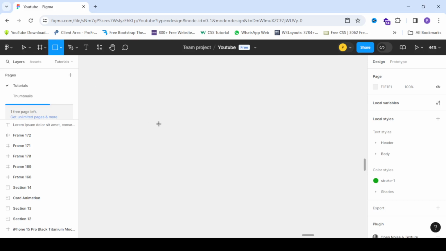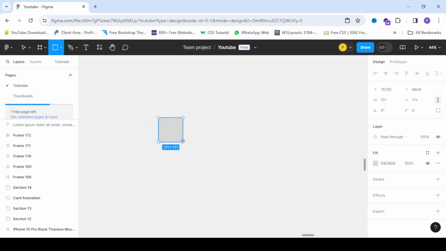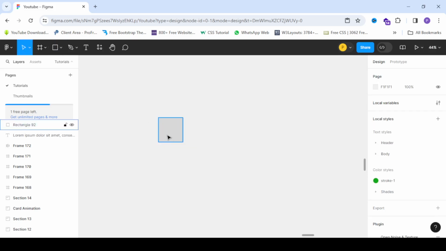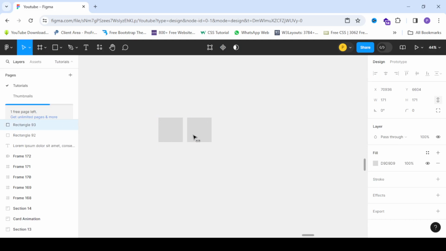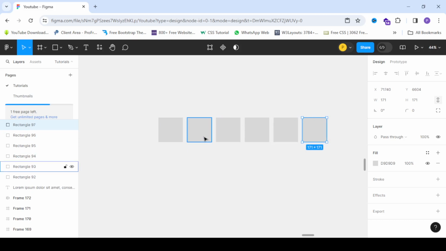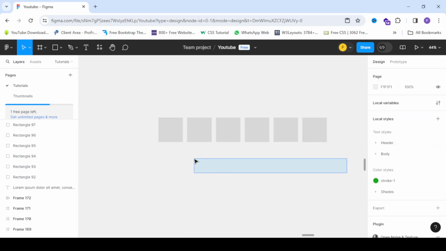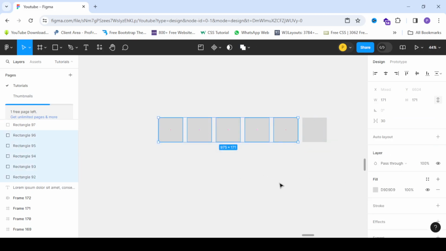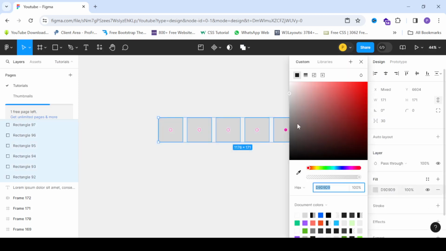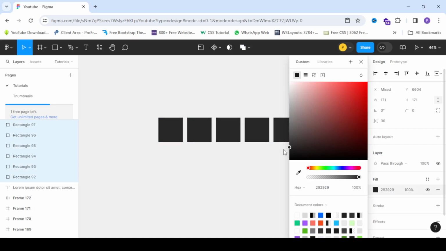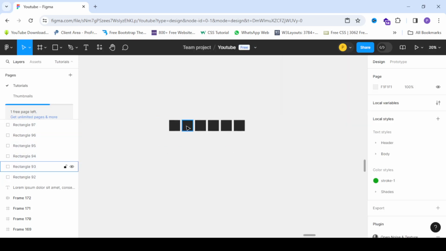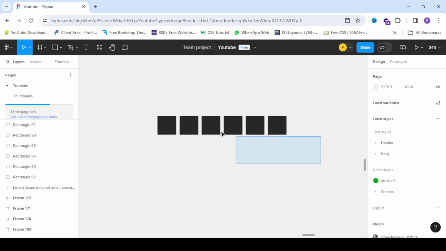First of all, I'll be drawing a few objects here. For example, you have these objects aligned like this. See, that's it. Okay, so let's give them a color so that it's not too light. That's it, I think. This is fine. Now to apply auto layout,